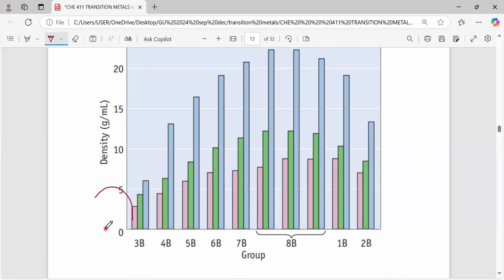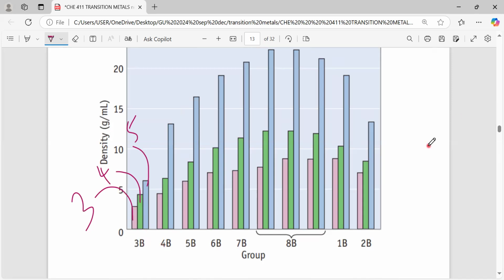The first one there is for period 3, then that one is period 4, then that one is for period 5. So all through, if I pick one group, group 1, which is scandium and other members,